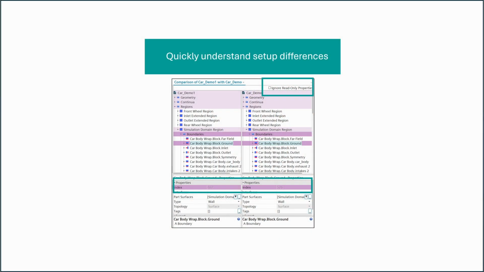I really like this tiny little option that developers implemented in SimCenter STAR-CCM+ 2502, where you can focus the comparison on just the editable fields to see really what the differences relevant to the user are. It is one of these tiny little features which will definitely improve my productivity and my life as a STAR-CCM+ user.